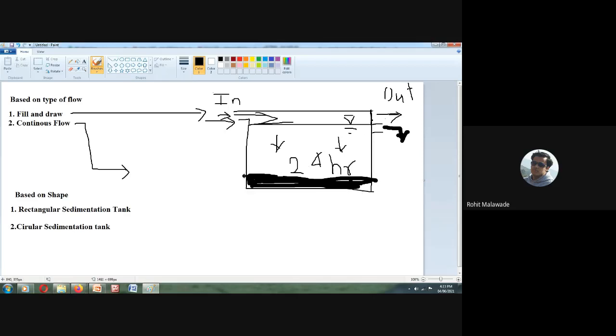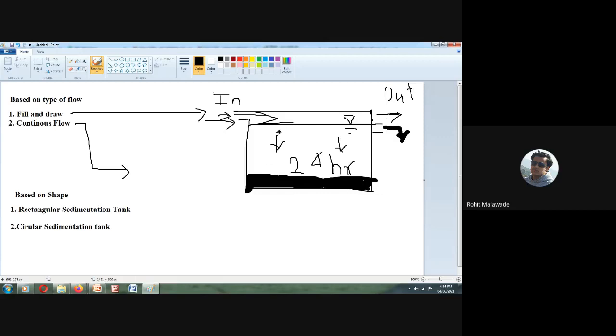So what will be remaining at the bottom? Only the sludge is going to remain at the bottom. Now, can we allow fresh water again into this tank? No, sir. We need to clean the bottom first. Then only we can enter the fresh water. Now, we need to remove this sludge that has settled down from this tank.